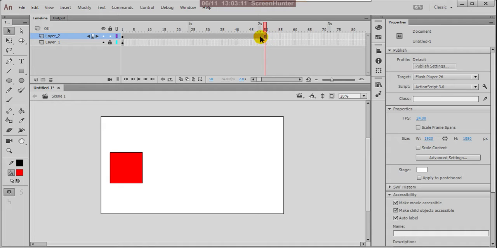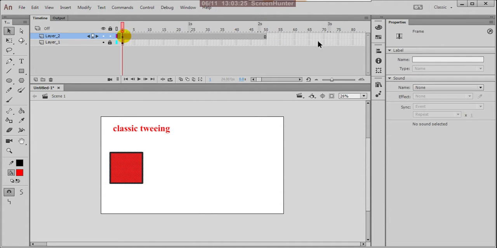Now here you have to observe the timeline. Before, with the keyframe, there were two black dots, one here and one there, but here there is only one dot, and here there is a simple box shape. That means this is the only keyframe, showing in black spots, and the same frame is continued or extended up to 50 frames.